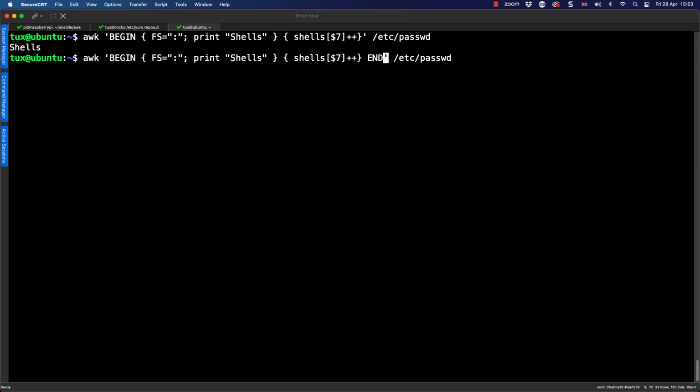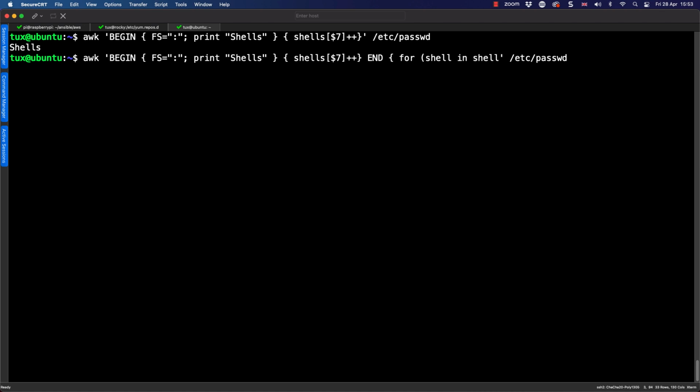So again, our end block is going to be in a block of code. So we're going to open up our brace brackets. And the first thing that we're going to implement here is a looping structure. So we can loop through our shells array. So for the argument for, we're going to go for shell.